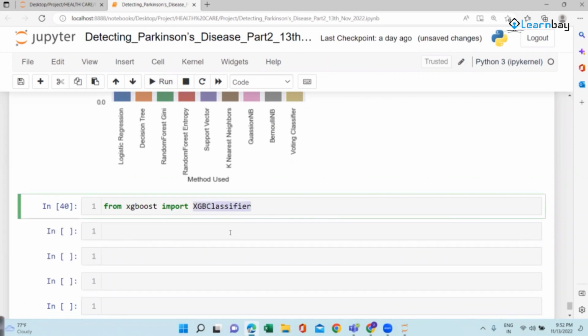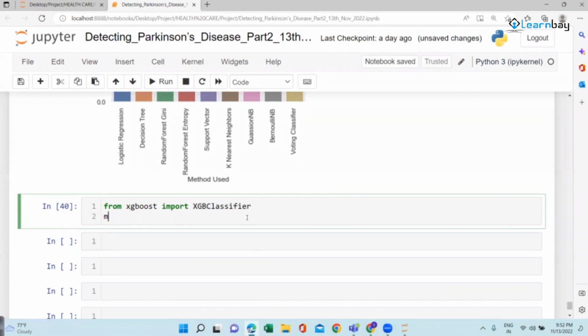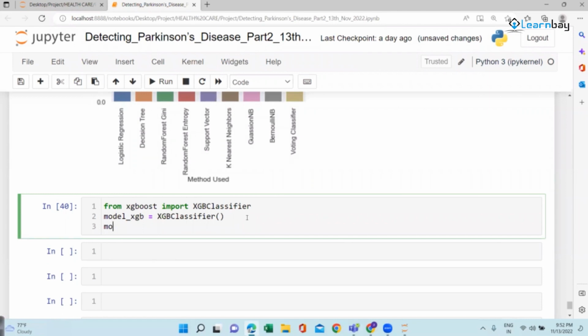Copy this. You can see here model XGBoost classifier, and then model XGBoost dot fit